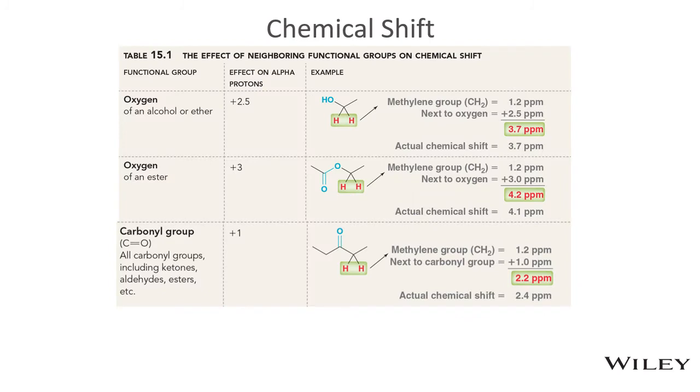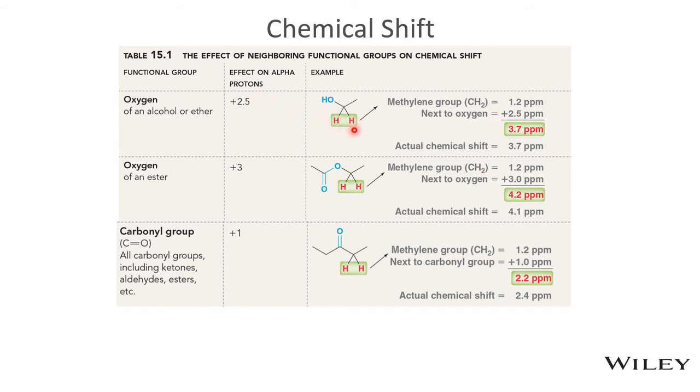Table 15.1 in the book actually allows us to calculate the effect of different groups on the alpha protons. So for example, if you have your alpha protons that are right next to an oxygen, such as an alcohol or ether oxygen, the oxygen is electronegative, so it's going to pull electron density towards itself. Now, anytime you have these hydrogens on that alpha position, you can add 2.5 ppm to where the chemical shift